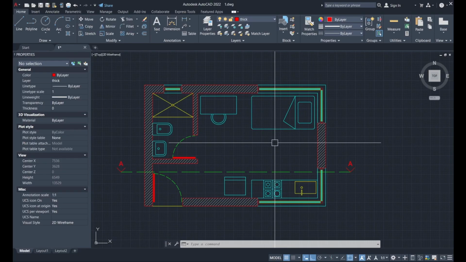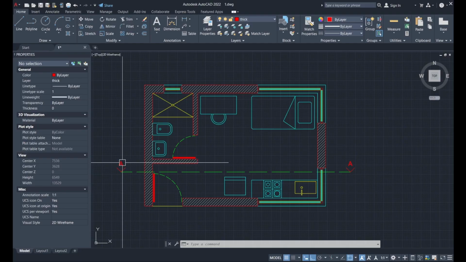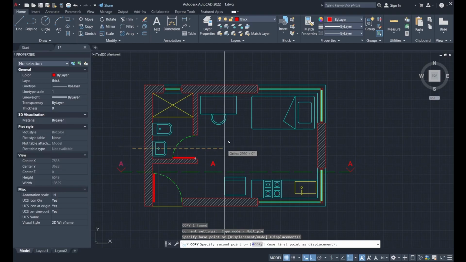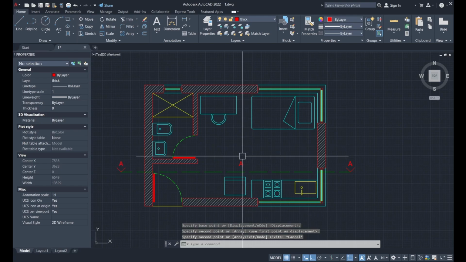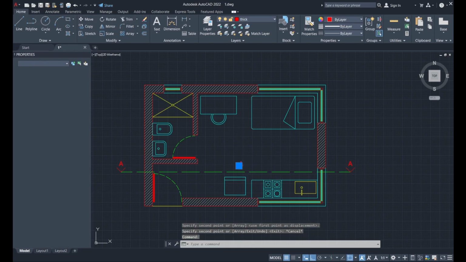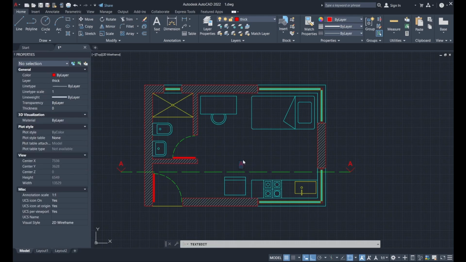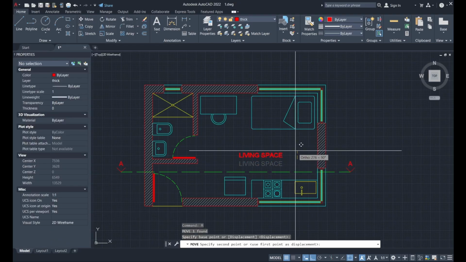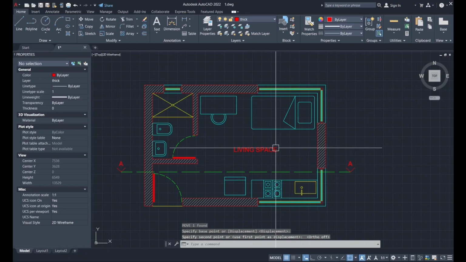So here you can see we have our plan almost ready. The only thing missing is some text. So I'm going to select this text box already created. I'm going to copy it. I'm going to move it into our studio and I'm going to name it living space. I'm going to move it to the center of the room